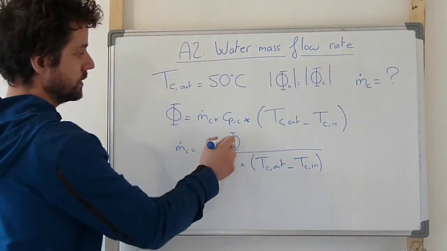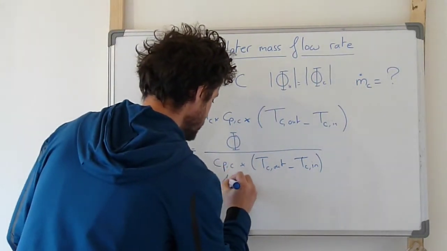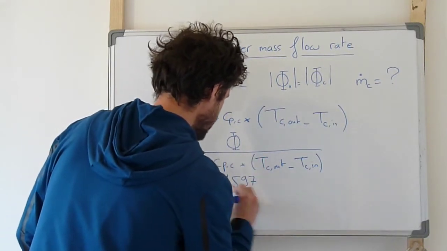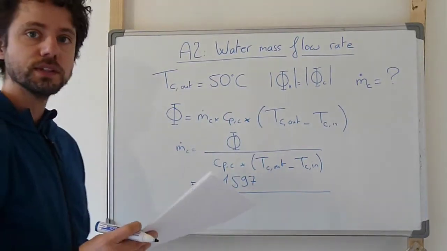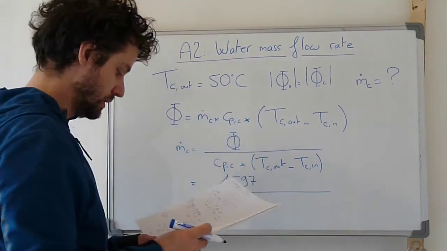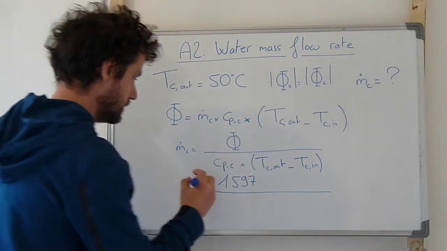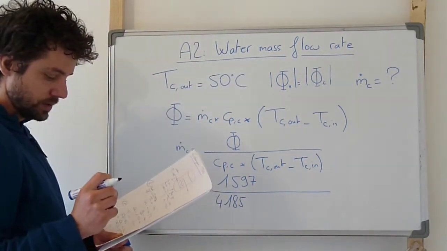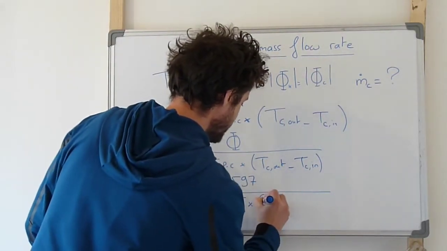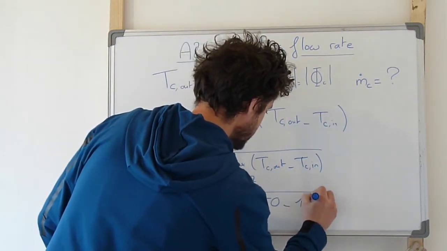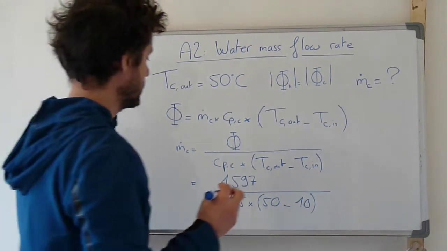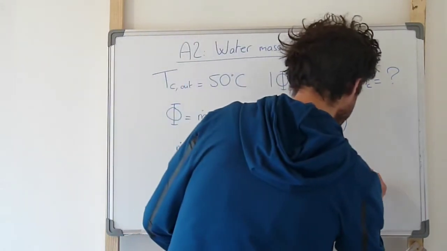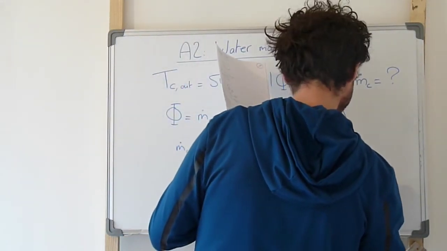The heat flux was calculated before, it's 1597 watts. The Cp of cold water is also given at the end of the exercise sheet, so that's the definition of the calorie. The Cp of water is very well known, and then the difference of temperature is 40 degrees. Once you do the calculation, you can calculate a mass flow rate of 9.74